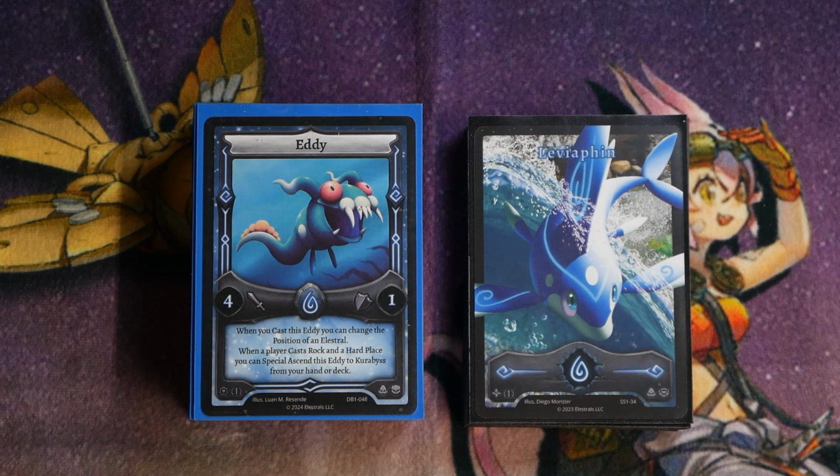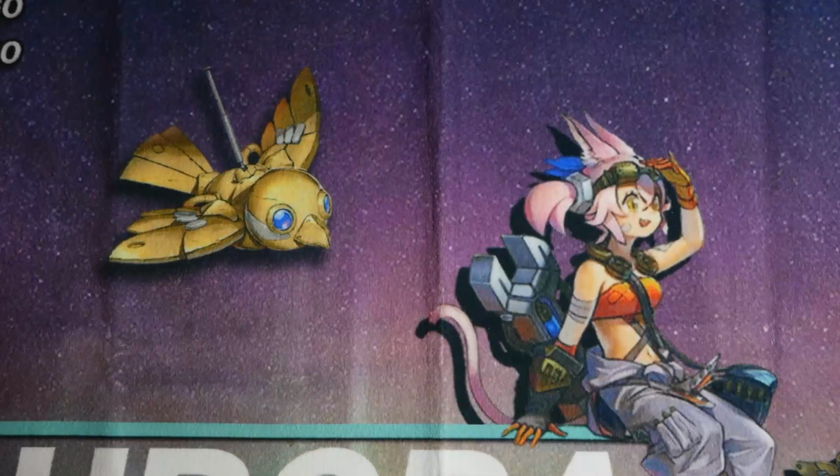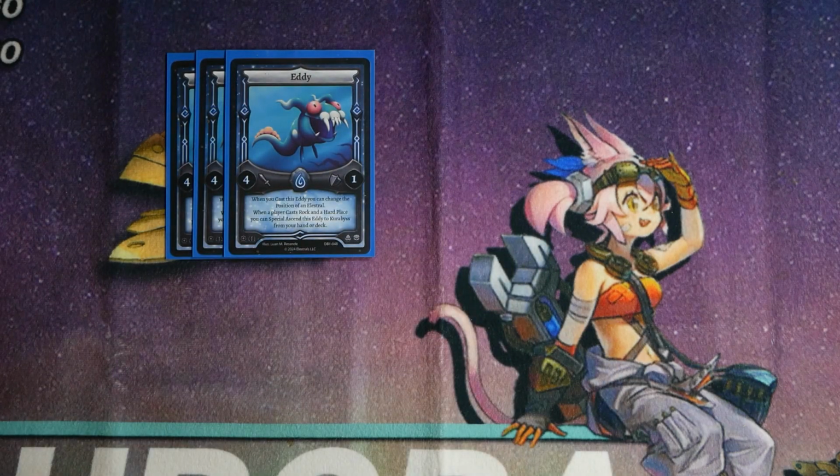I think it's really cool that we're finally starting to get some really strong aggro-based decks in the game, now that we have a lot more ways to go second properly, even with the removal stuff gone. But with that being said, let's go ahead and get right into my Drakking deck profile for the November 2024 format. Starting off with what else but the rock-based Elestrals, we have 3 copies of our good man Edward,